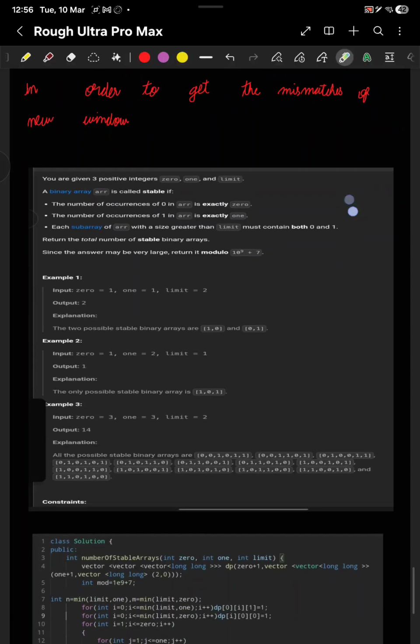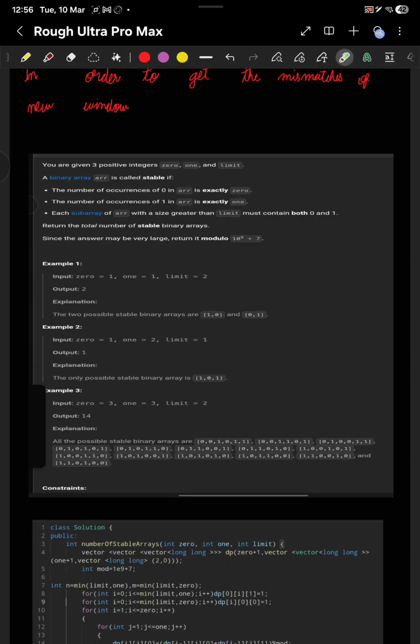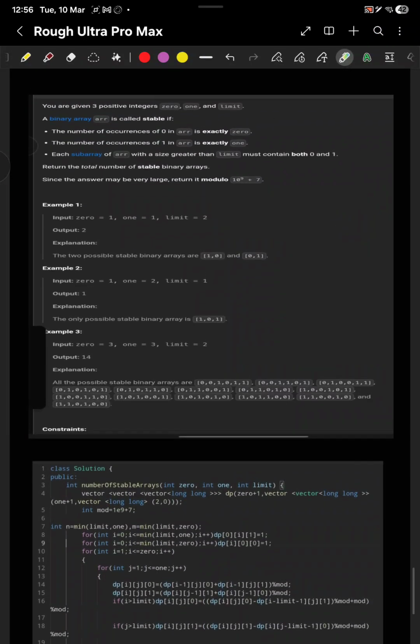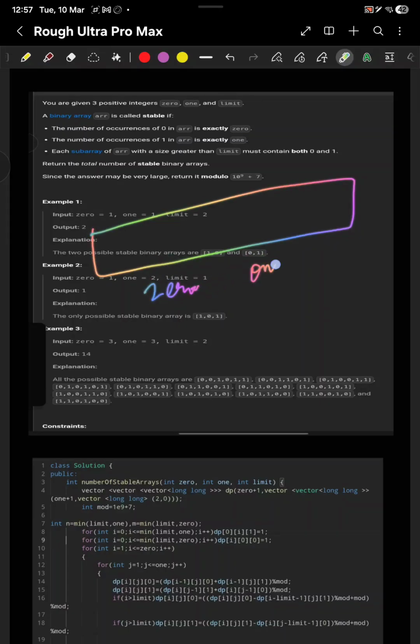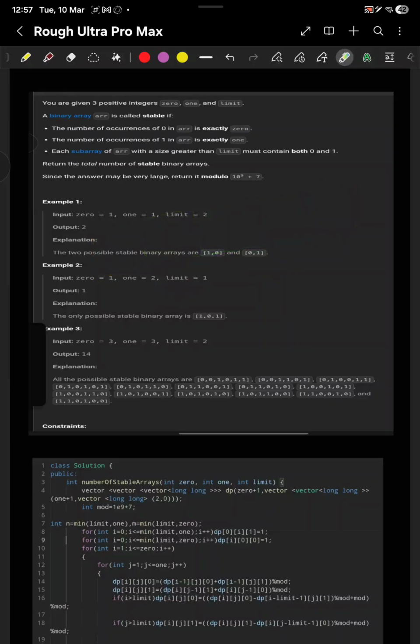Okay, so let's read the questions. We have to count the number of subarrays, the number of arrays which have 0 number of zeros and 1 number of ones. And there is also one line in the question that most of us don't understand, that each subarray